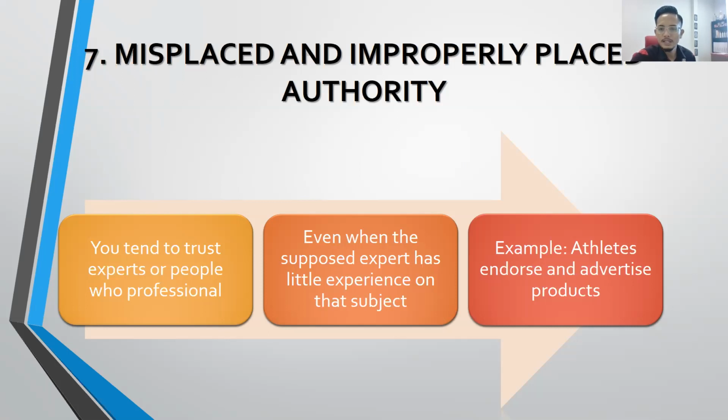For example, at least endorse and advertise a product. Take the Milo product. People say that if you watch the Milo advertisement, drink your Milo and you will become healthy and strong. Whereas the ingredient content in Milo is mostly sugar. But when someone who has influence, a popular athlete, for example Cristiano Ronaldo, drinks Milo, and then he advertises and endorses the product on social media, normally netizens will buy and consume that product because they tend to trust the expert who has the influence.